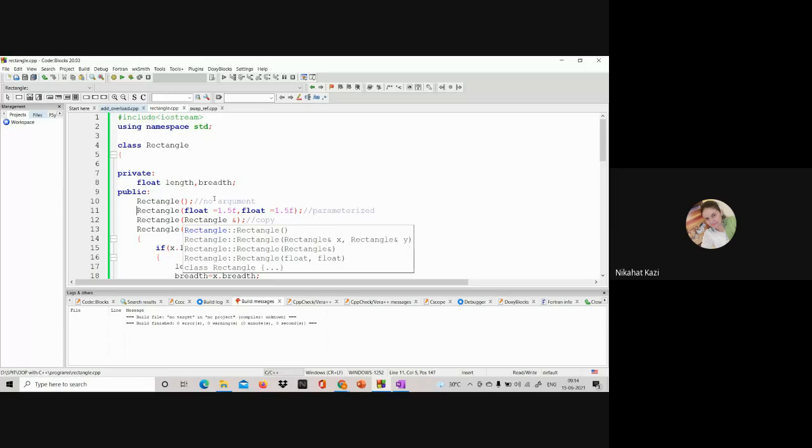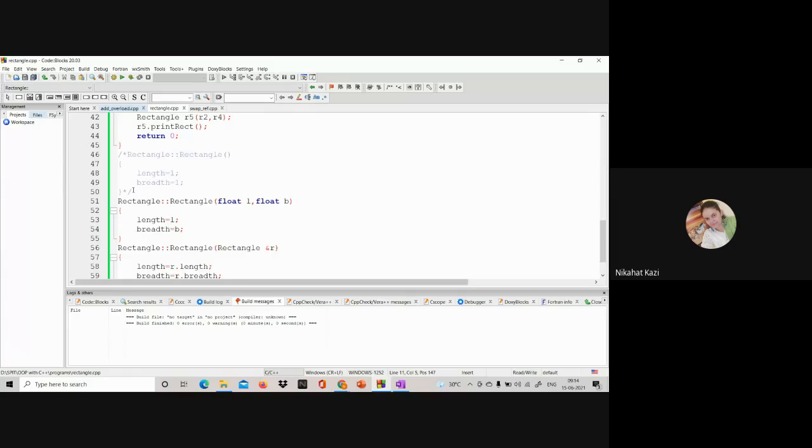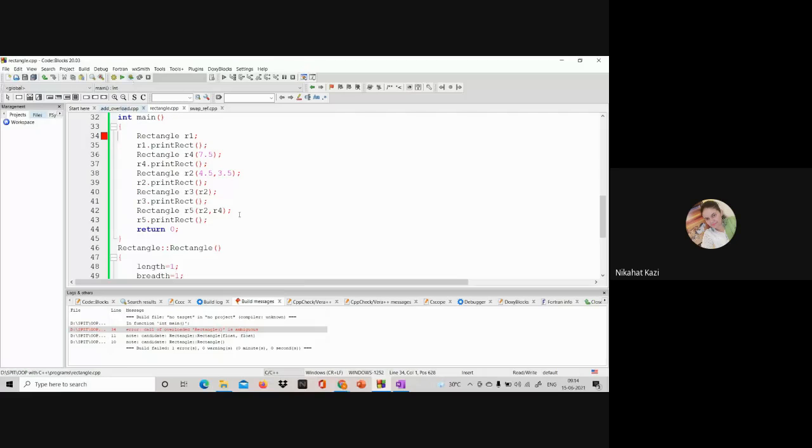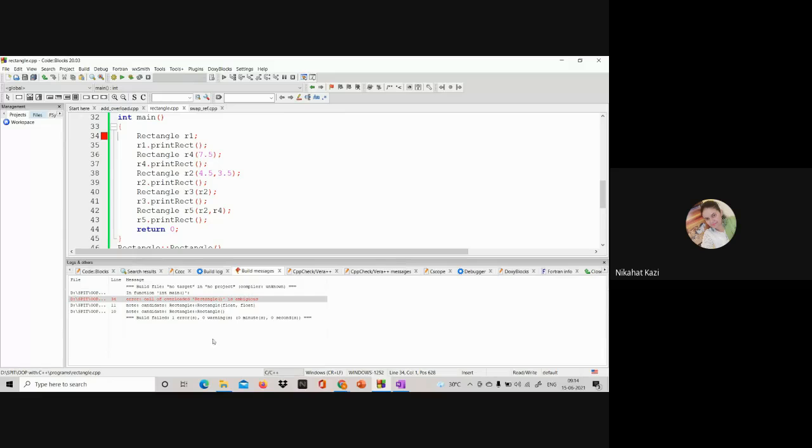So let me run this. I put that thing back. Let us see what error it is giving. See. So it is giving me this error. Can you see the error? Call of overloaded rectangle is ambiguous. So it is getting confused between those two.